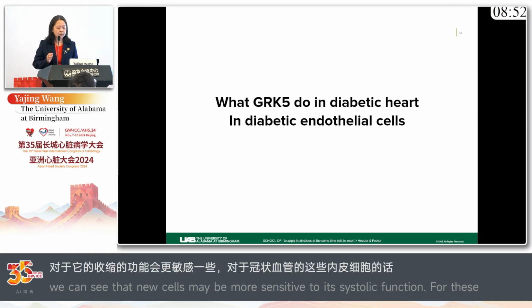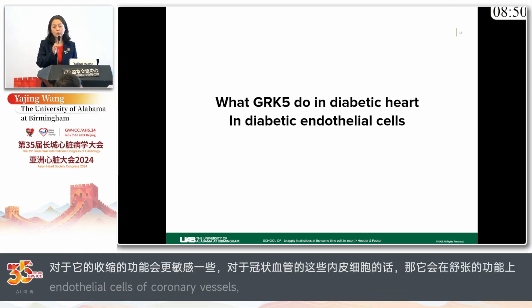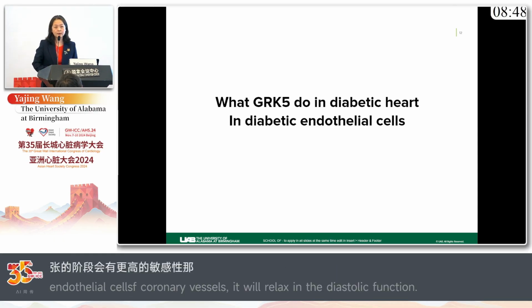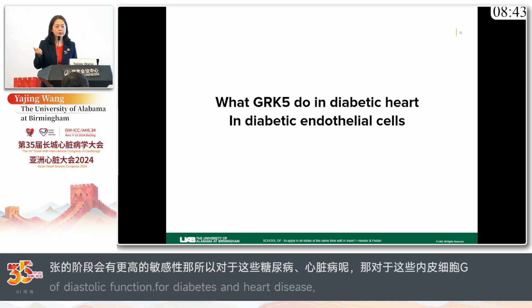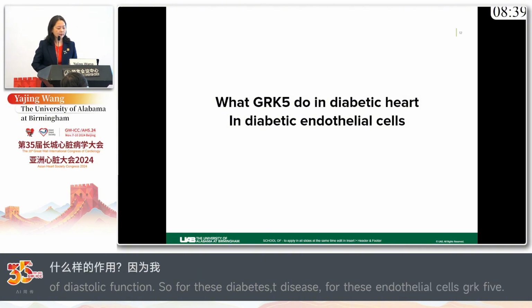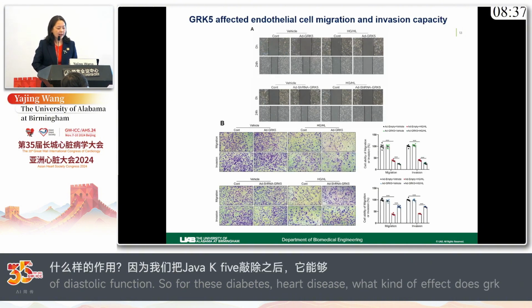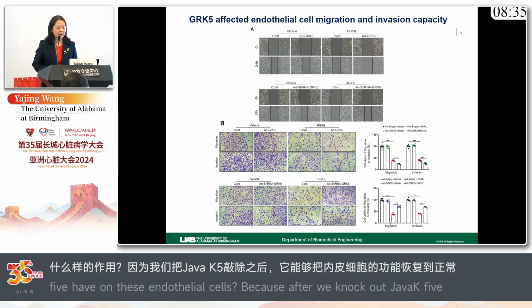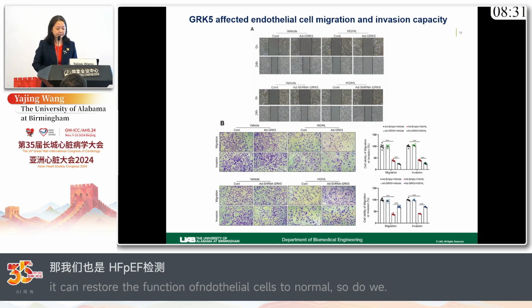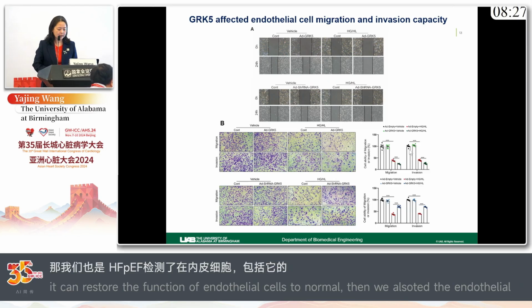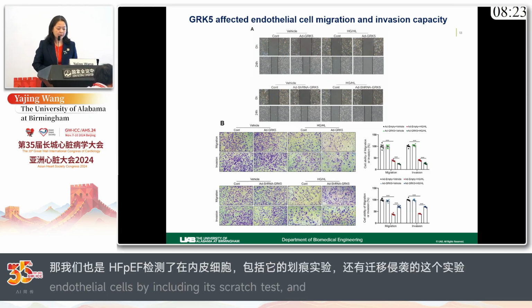And what does GRK5 do in the diabetic heart, what exactly are they doing in the endothelial cells? After we knock down and remove GRK5, it shows they can recover the relaxation function. But what exactly can GRK5 regulate? We measured the endothelial cells' migration and invasion capacity, and we can see GRK5 can regulate endothelial cell migration and invasion